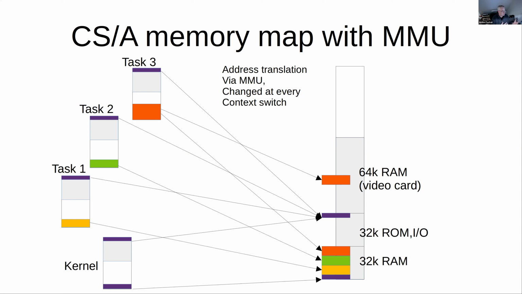The memory management unit on this PET clone made it very simple, because every task had its own memory map. We have the kernel that has some 4K of private kernel memory